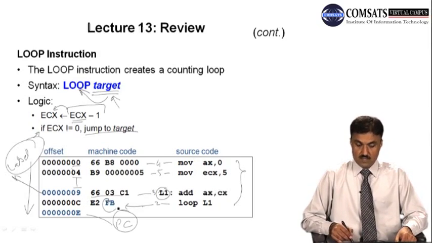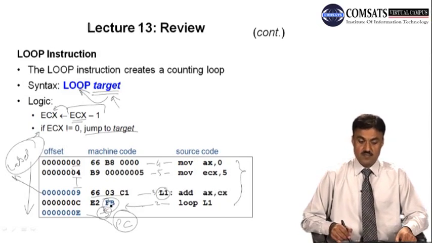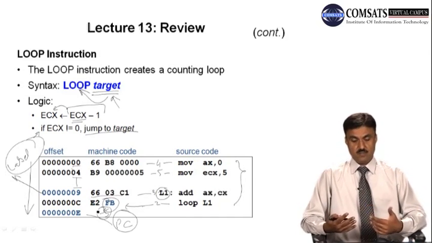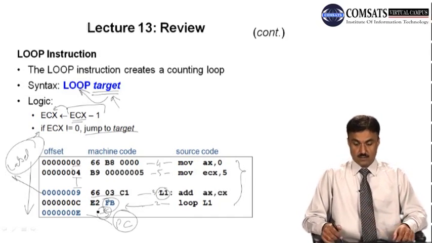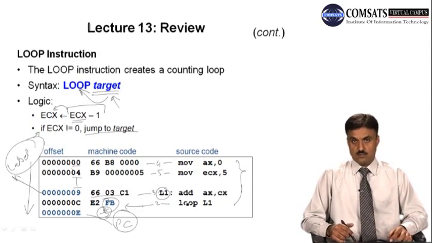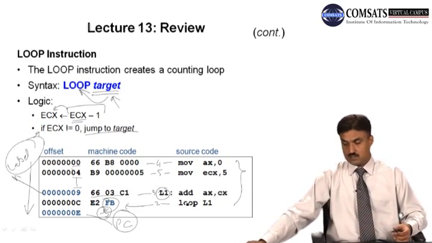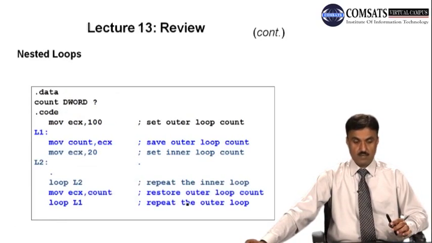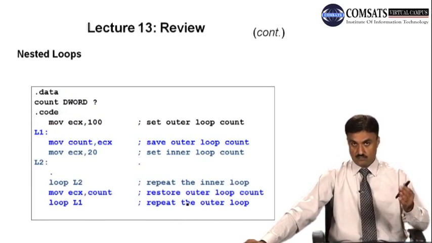For example, this is -5 in hexadecimal. Actually, this is 2's complement representation in hexadecimal. So the program counter is added with this calculated offset. It performs a jump based on the condition of whether the value of ECX is equal to 0 or not. If it is not equal to 0, then it jumps; otherwise it will follow the